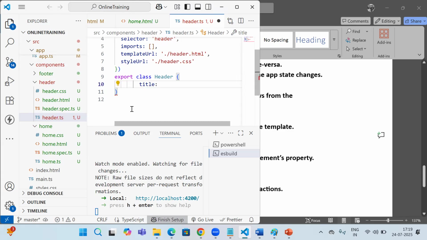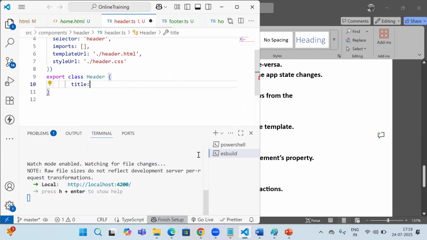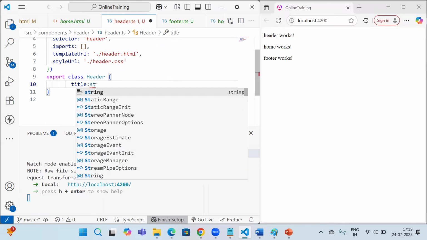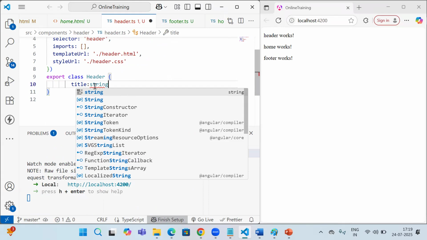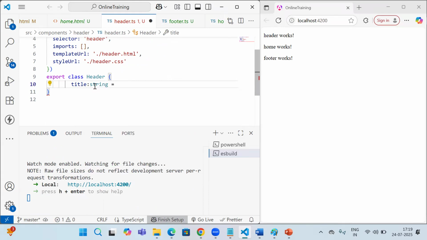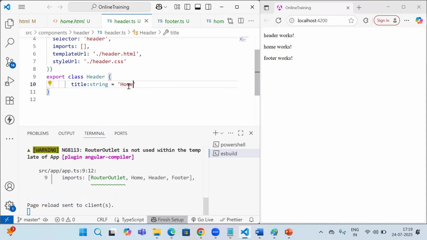And in the TypeScript file, we have the advantage to give the data type as well. So I am going to give the data type of this as string, and I will assign some value over here. Suppose I am assigning a string value, and that is the header. Or suppose I am writing home here, save this. Now if I have to display this on the UI,